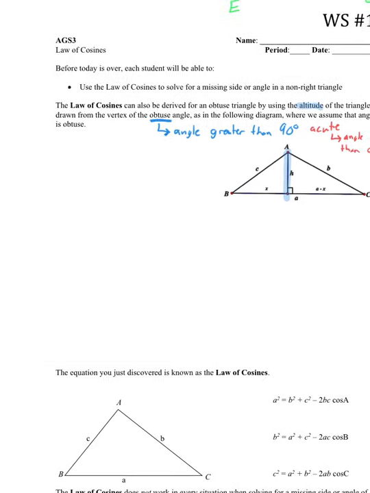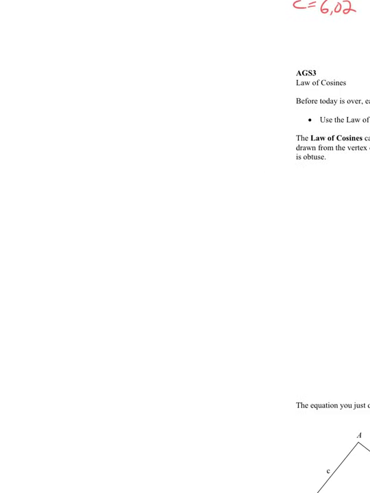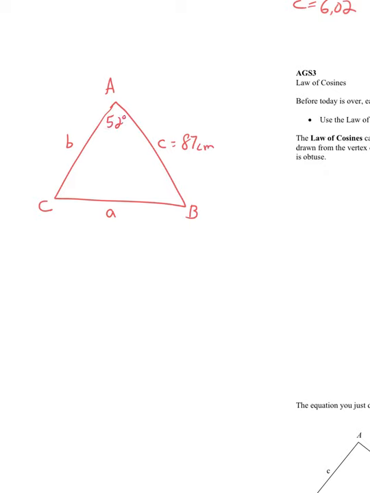All right, so let's look real quick at law of sines. If I give you any triangle, let's just say here's triangle ABC, with sides a, b, c, and I say side c is 87 centimeters, angle A is 52 degrees, and side b is, let's see, 82 centimeters, something like that. We're just making up these values. And I say, let's solve